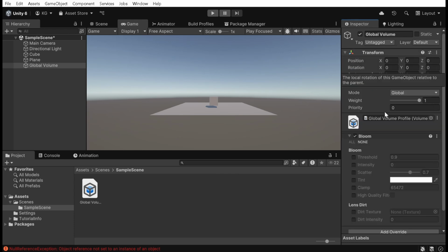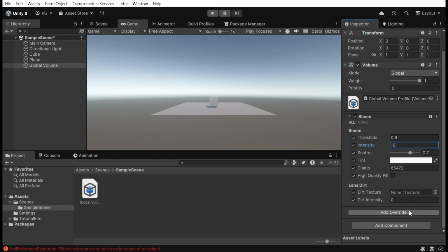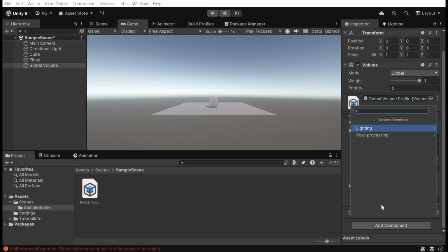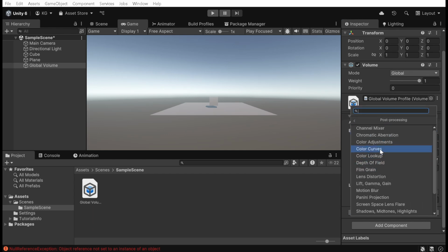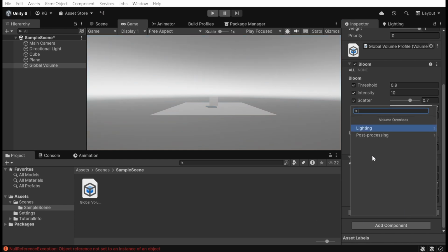Here first, we would go to bloom and keep the intensity at 10. Then we would go to color adjustment and make the exposure to be 0.5, contrast to be -10, saturation to be -100, and